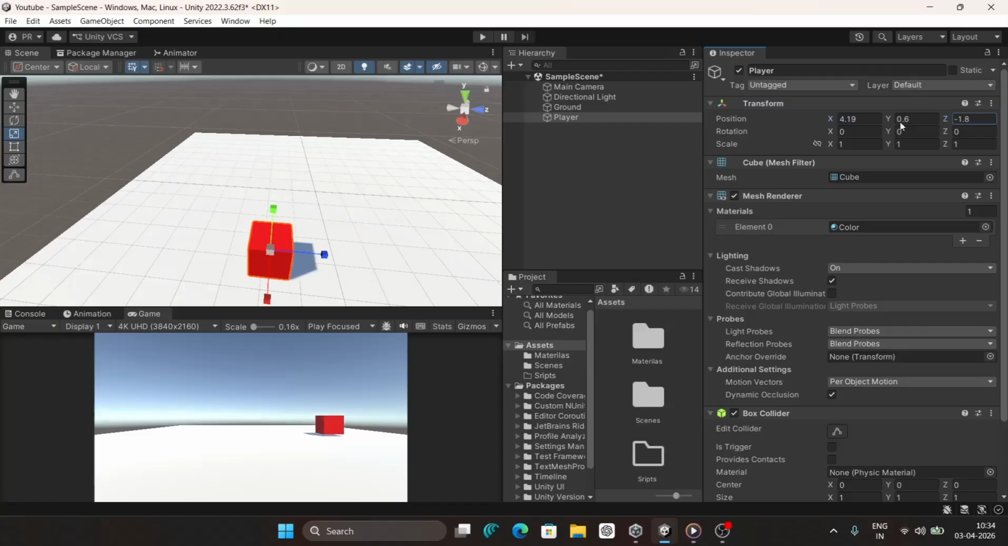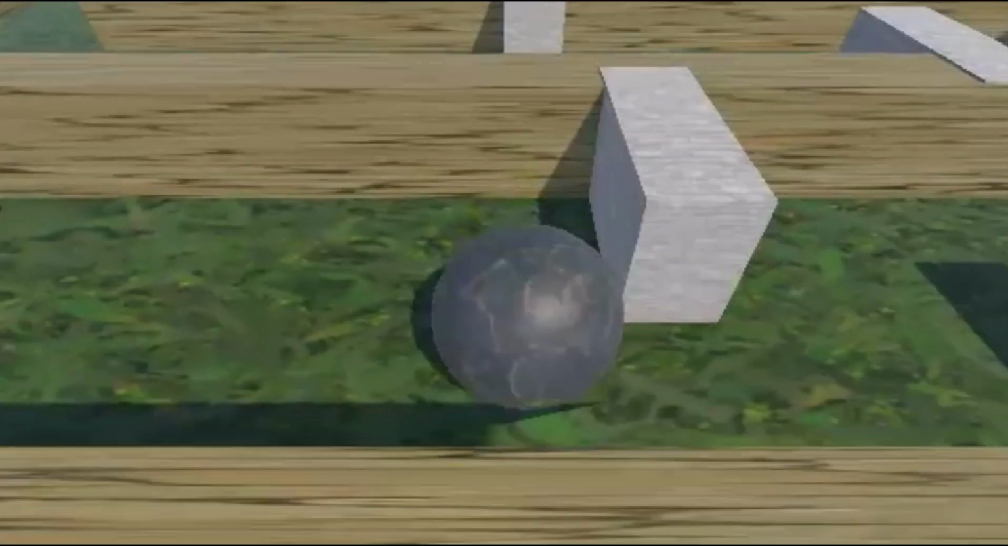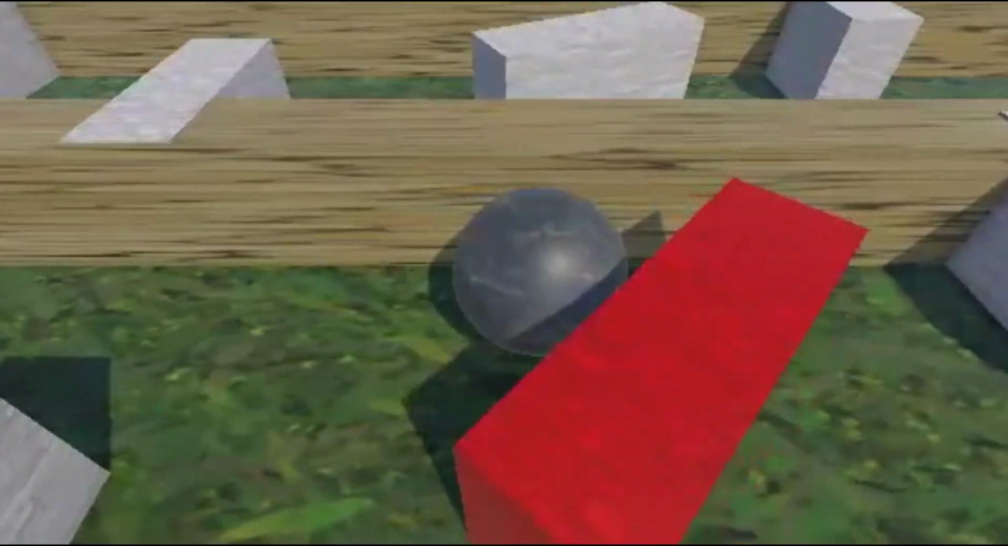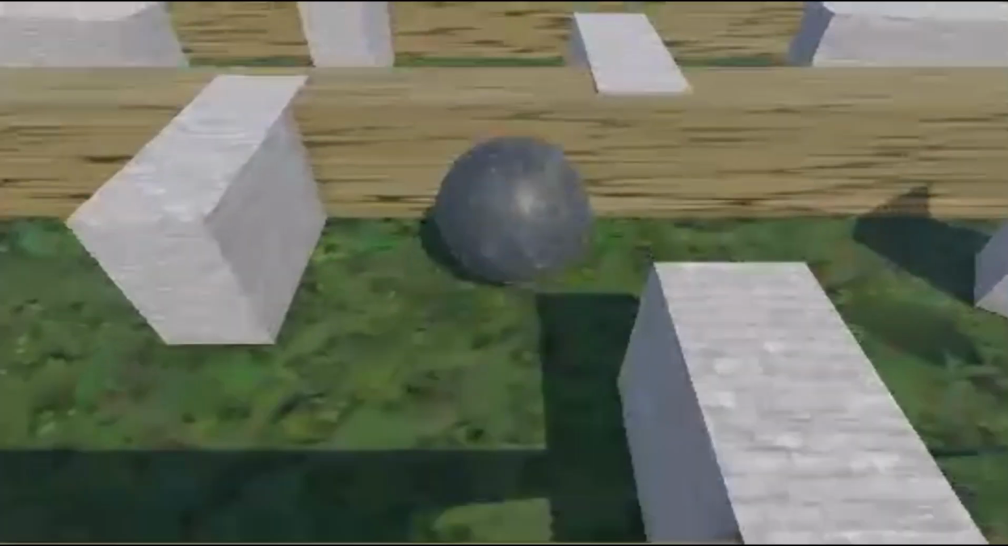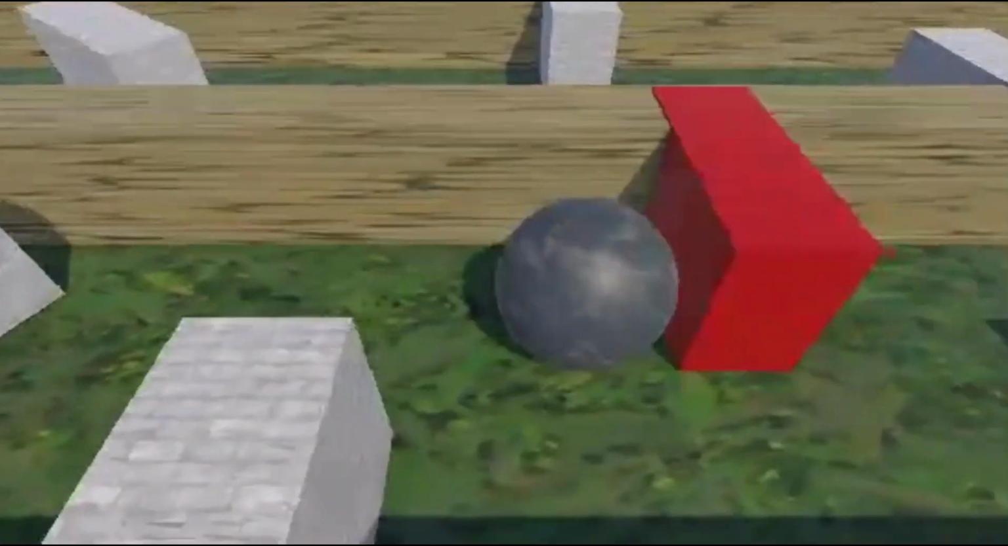In today's video, we are going to learn how to move a player using AddForce in Unity. This is very useful when you want movement to feel more natural. Because instead of directly changing the position of the object, we apply force and let Unity's physics system handle the